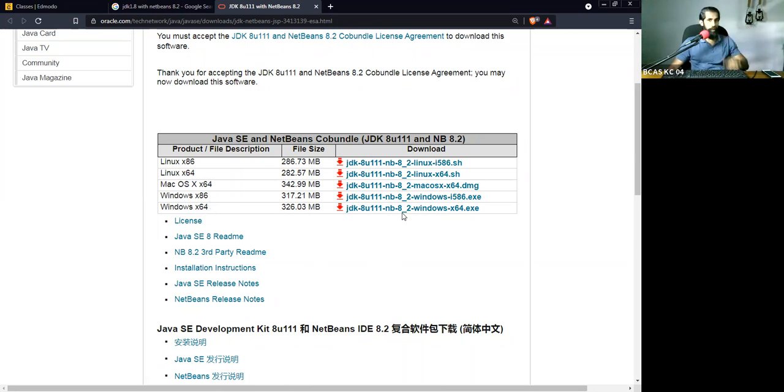So please download this particular file and double click, and pretty much you can click next and get it installed. Once you have installed, the NetBeans software will be installed along with the JDK. If you have already installed JDK 1.8 or something, at least 1.8 is needed, then you can download and install only NetBeans. If you install, NetBeans will automatically get configured. So that is the reason.